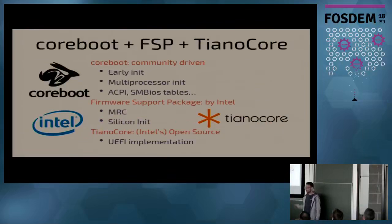So mainly there are 3 components: coreboot, which is an open source, community-driven effort; FSP, which is the black box from Intel; and TianoCore, which is the UEFI stack. So coreboot does the early init. The first stuff that's run is from coreboot. Then it passes to the FSP to do the